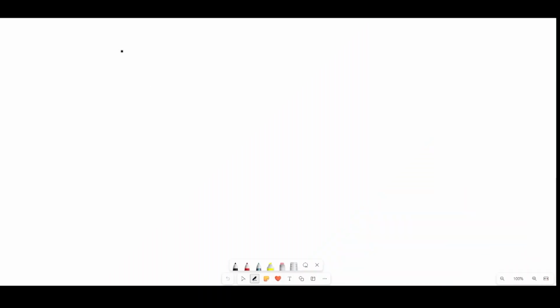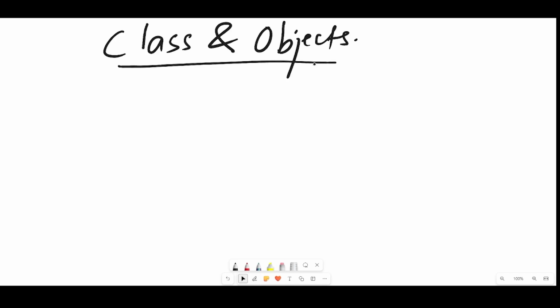Welcome back. In the previous class, we studied what a reference is and how it works. Today, we are doing an important topic called classes and objects. This is a very important topic when you're making something big in C++, like a very vast or bigger kind of project. You have to know what classes and objects are.